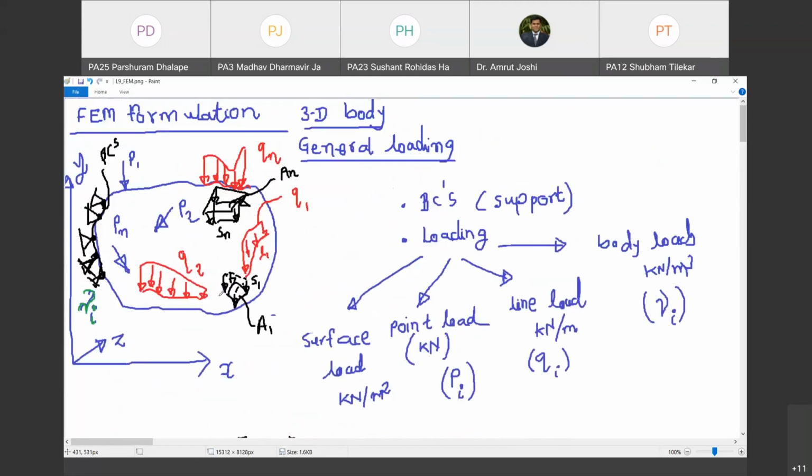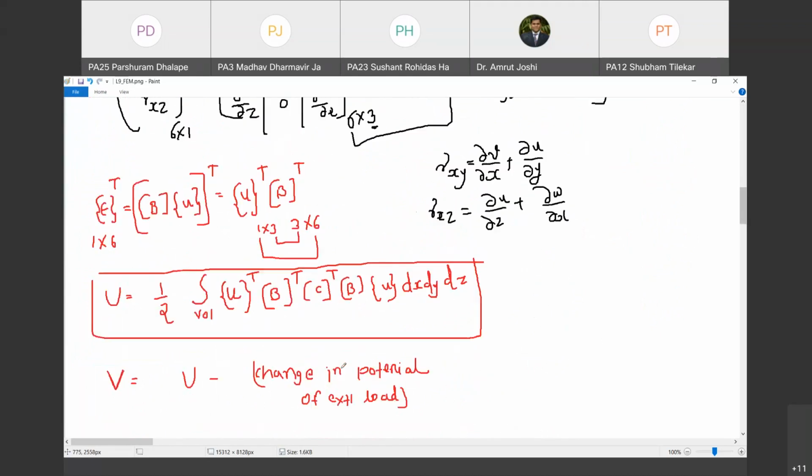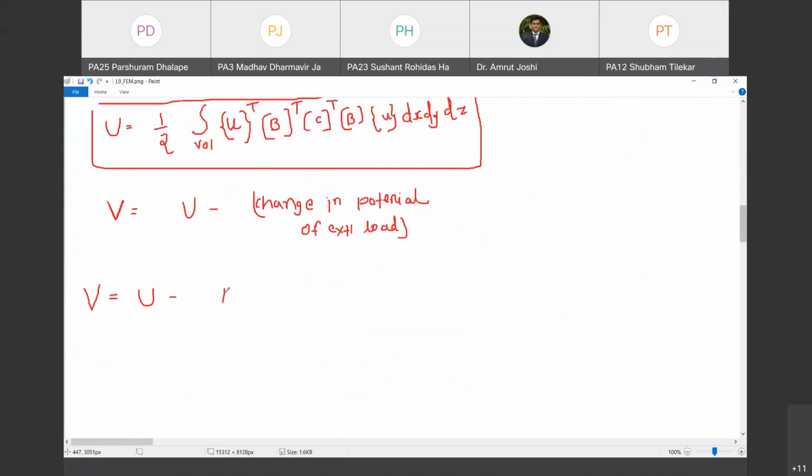So what is the change in potential of external load? So what are the various kinds of loads? So first of all, we are going to talk about the point loads. So PI. These point loads are going to be acting at specific points. So I'm going to call that load as PI multiplied by UI. What is UI? UI, mind you, is